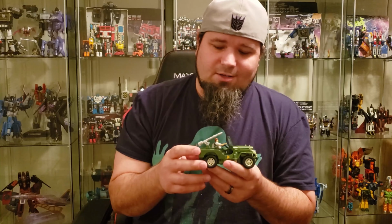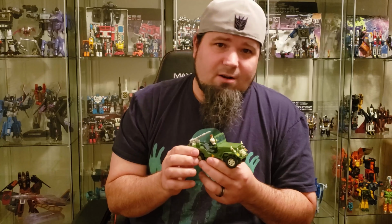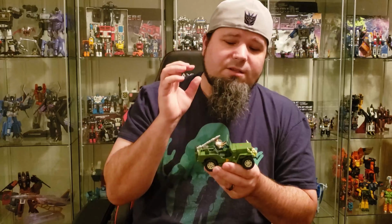Today I'll be taking a look at MP-47 Hound. Now Hound was one of the very first Autobot cars to be made in 1984. He has appeared in both the comics and the cartoon on multiple occasions. He's a very popular character, and it's very odd that it took them this long to make a masterpiece figure